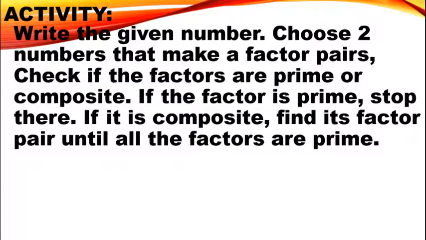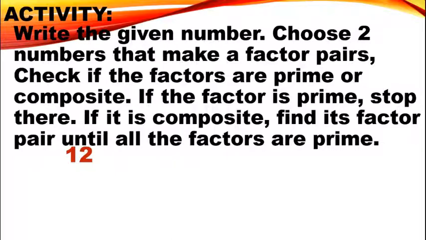So in your activity, we have the given instruction. Write the given number. Choose two numbers that make the factor pairs. Then check if the factors are prime or composite. If the factor is prime, then stop there. If it is composite, find its factor pairs until all the factors are prime. So let's start. Let's have the example